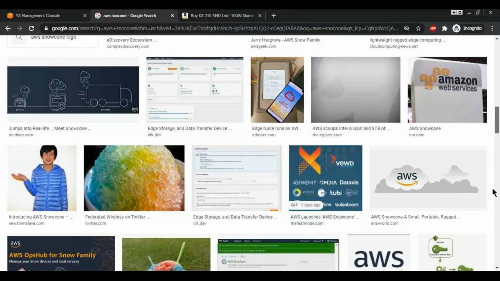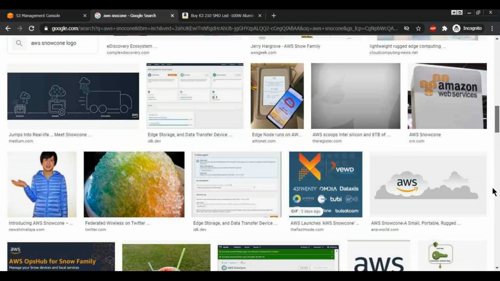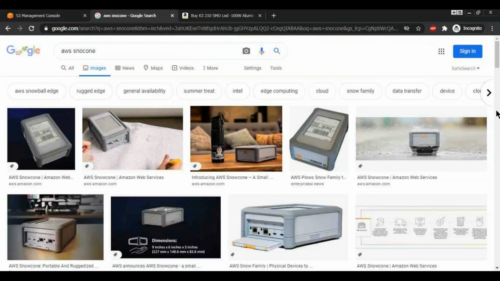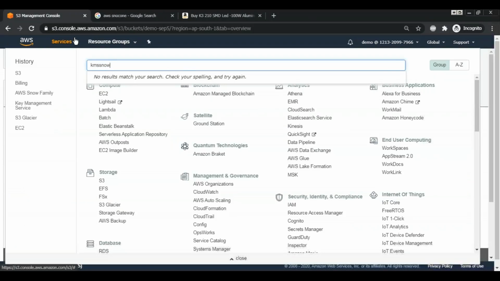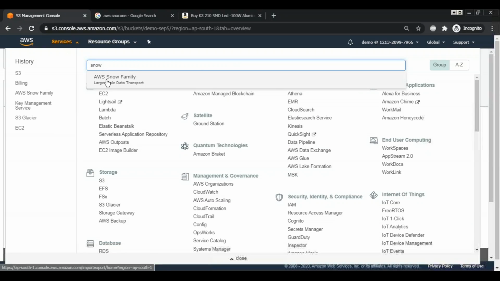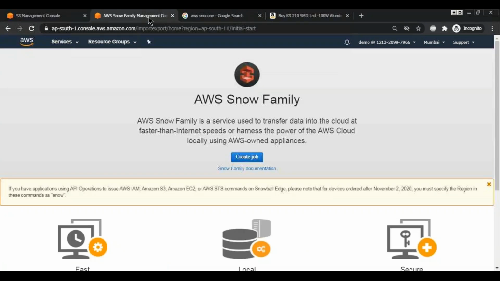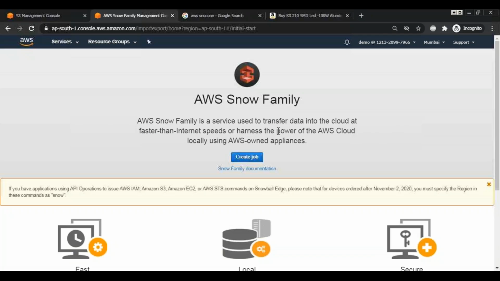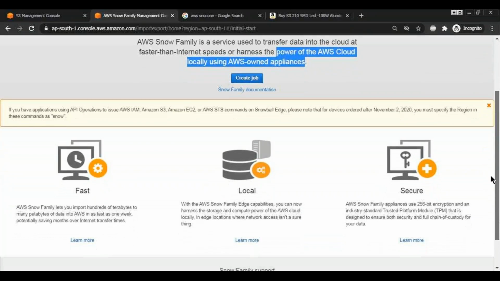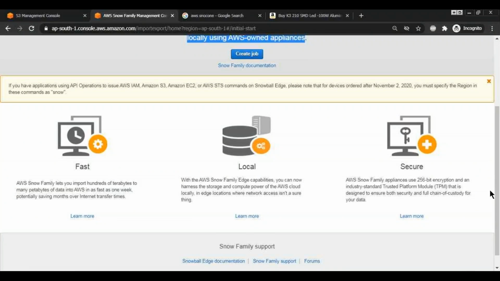So it has other uses also, right? Like I said, it has some compute, you can use it, but one of the main features is it is useful for large scale data transport. It comes under the Snow family. You can just search for AWS Snow family, large scale data transport, that's what they call it. But you can also do compute. It is not only for transferring data, that is the main thing, or you can make use of AWS using AWS powered appliances. That's what the Edge and Snow Cone are. Okay,